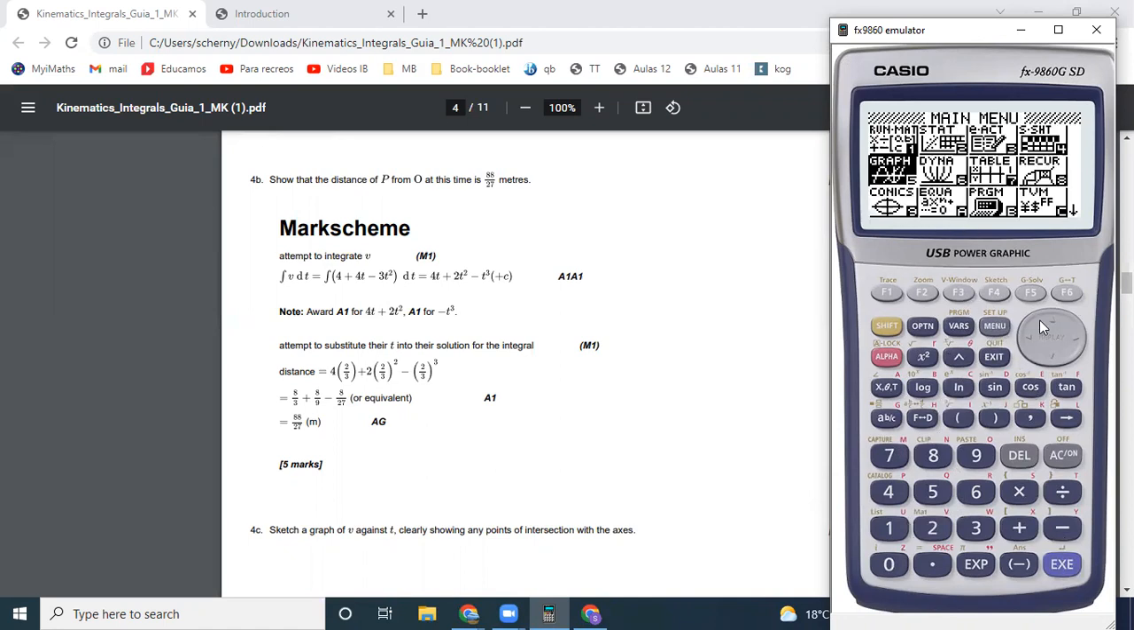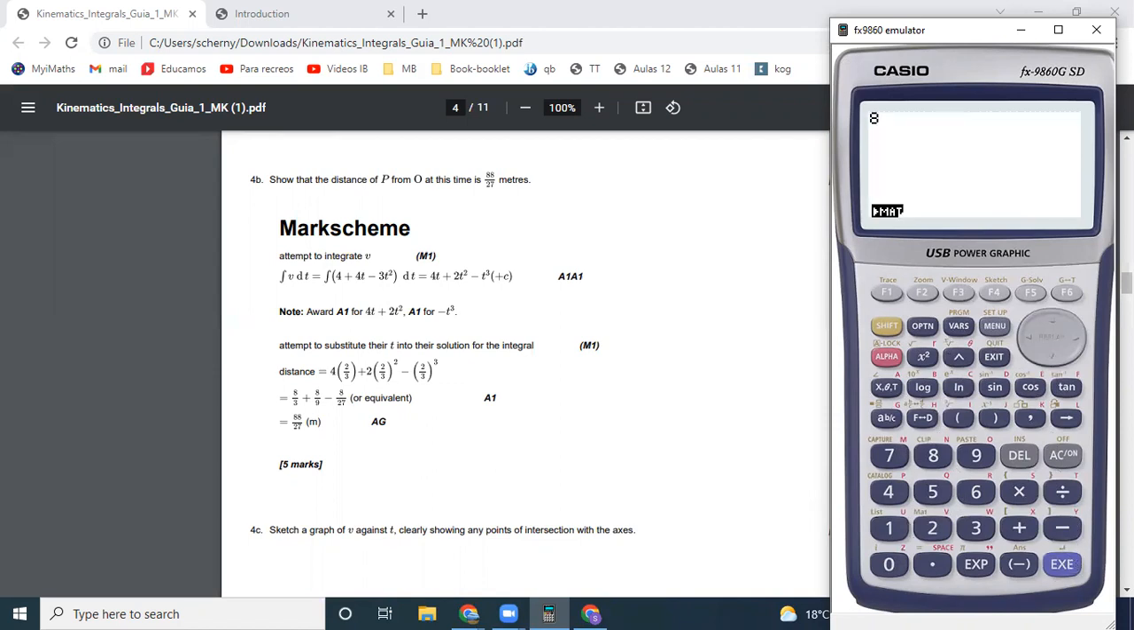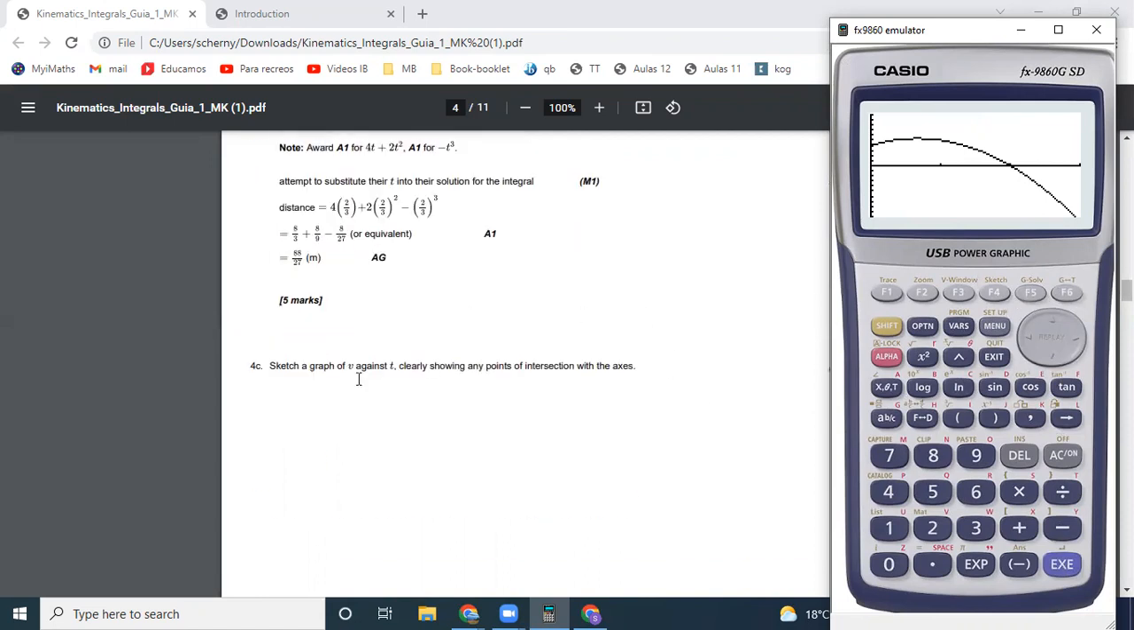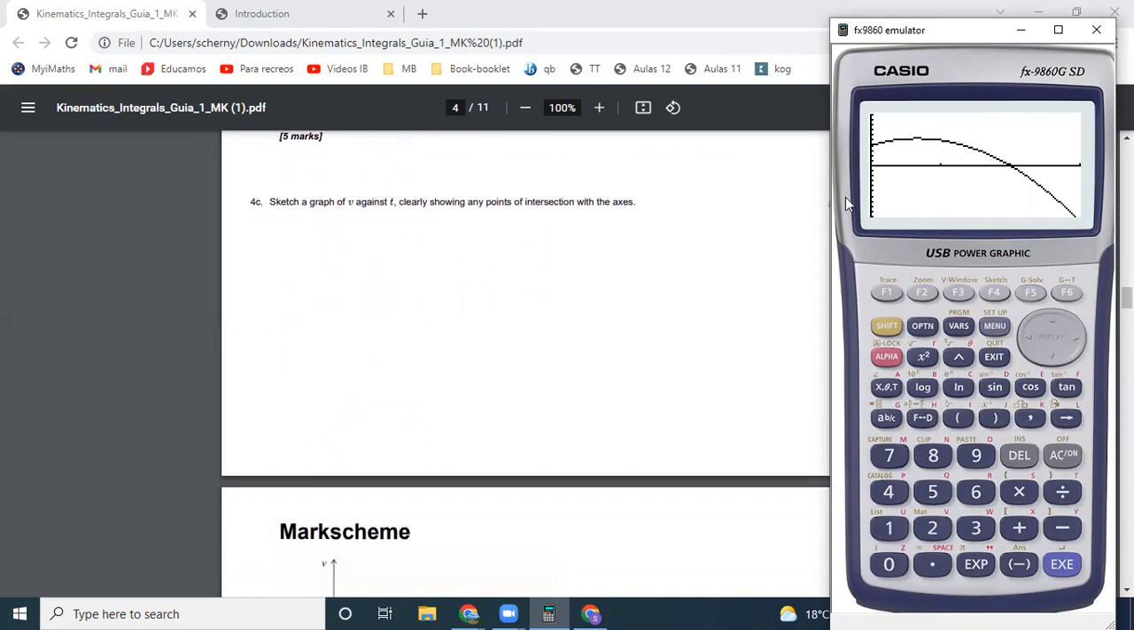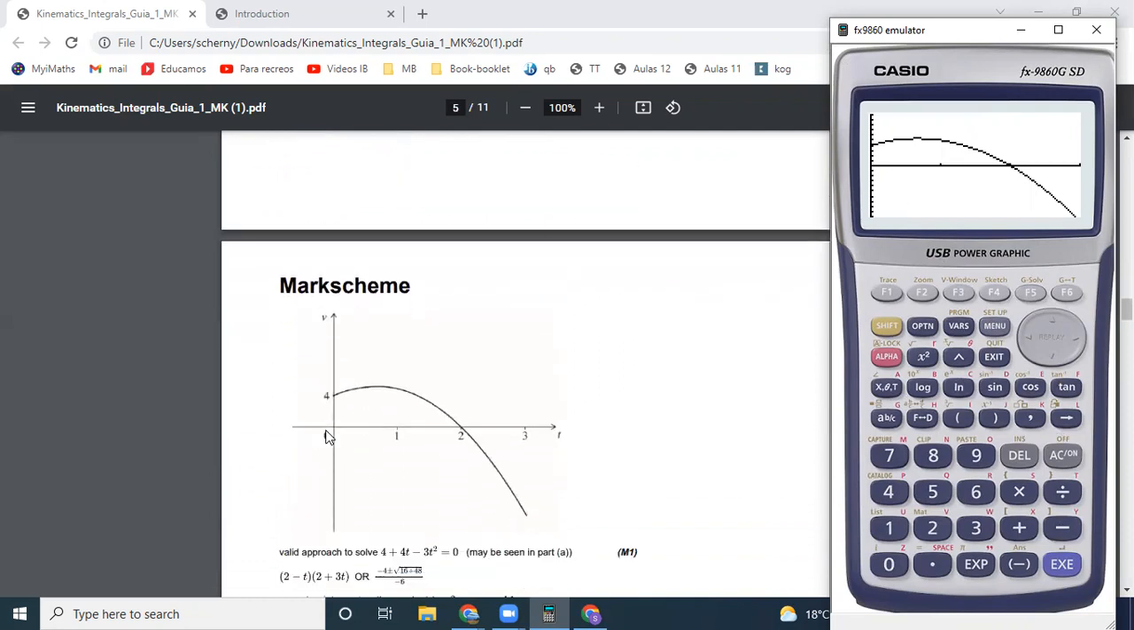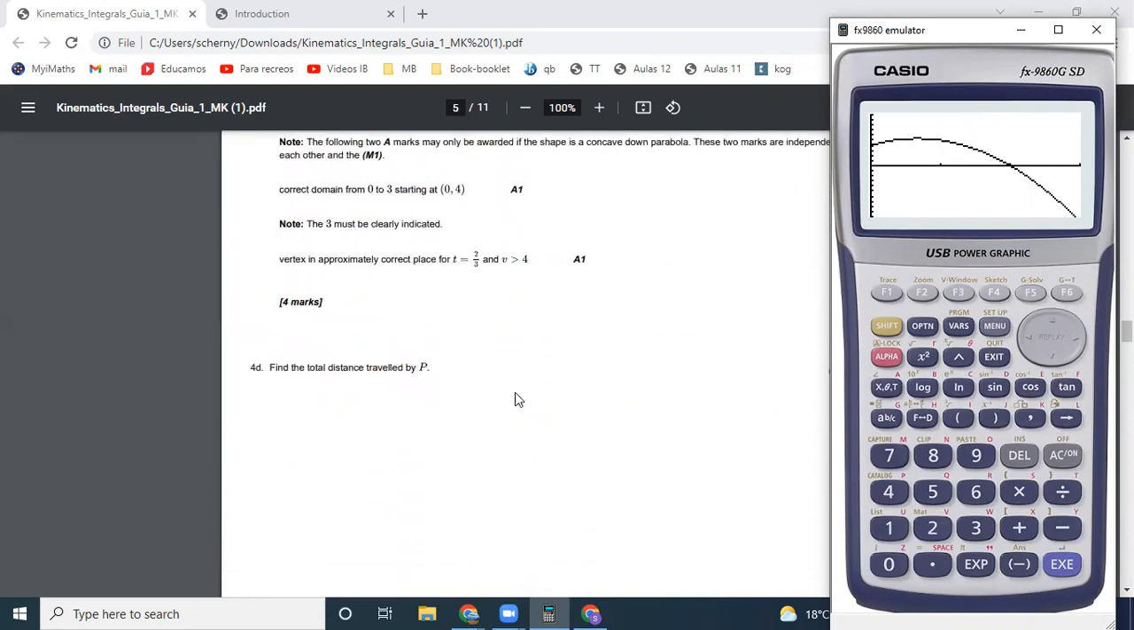And if we go and check what's the value of 88/27, we get 3.259, so it's the same, right? So this is how we can calculate the distance. So 3.259, and it's the same as we had here. Great. Then for C, sketch, of course, it doesn't make sense with the GDC, right? Amazing. And then for this one, it says find the total distance traveled, so we only need to G-solve the integral